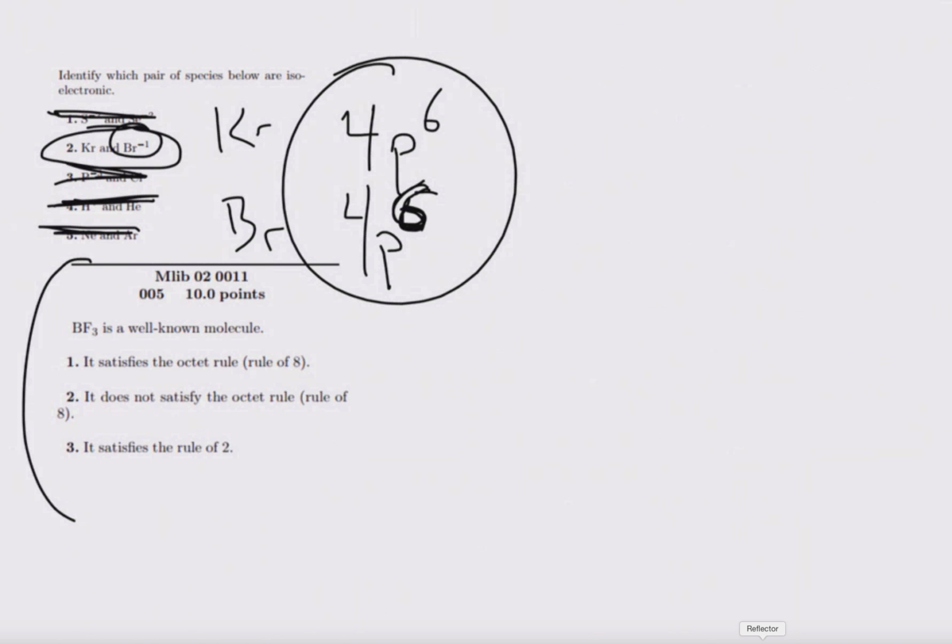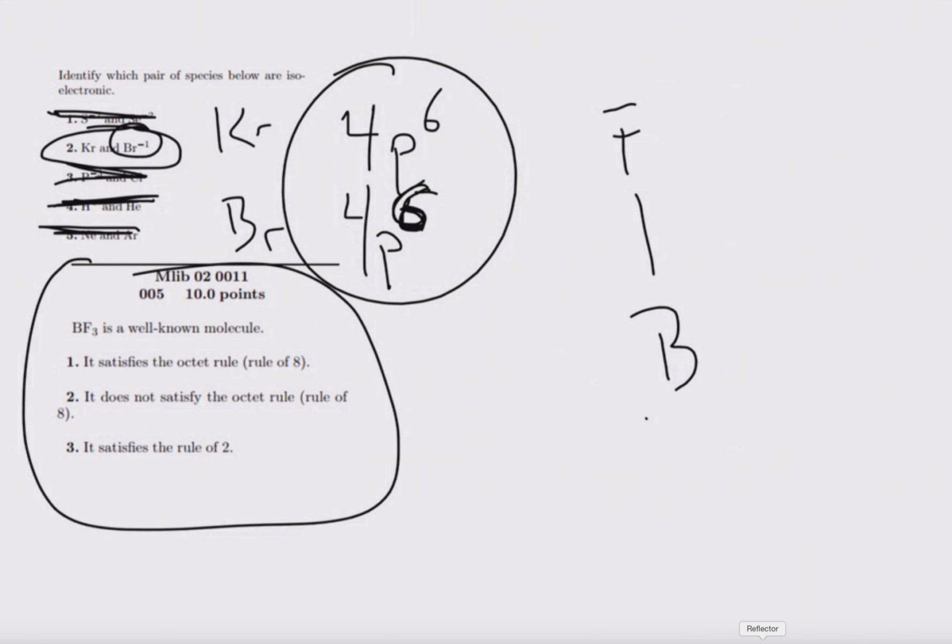So we had a second question on this page. BF3 is a well-known molecule. This is, I guess, just horrible grammar because there really isn't a question here, but the question is basically which of the following statements applies to BF3. And as we just saw in the question about polar molecules or nonpolar molecules, boron trifluoride, which would look something like this,